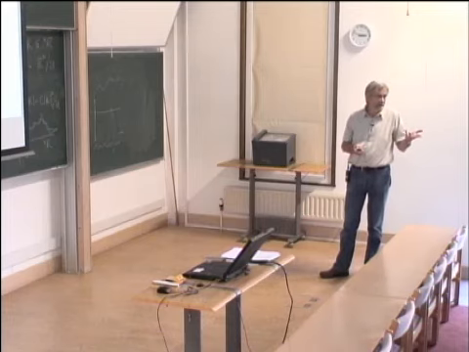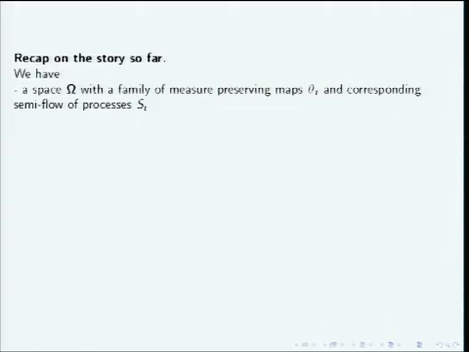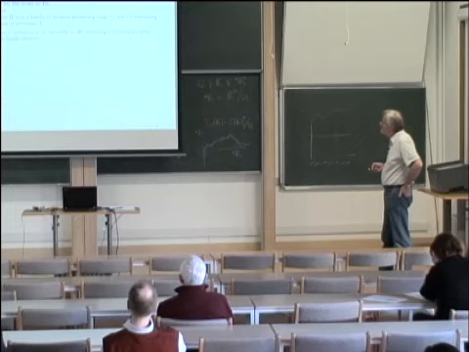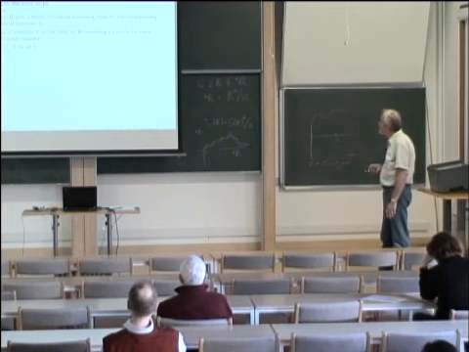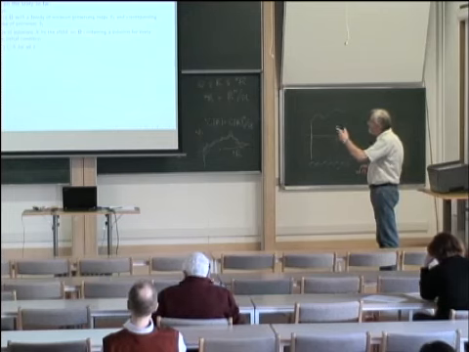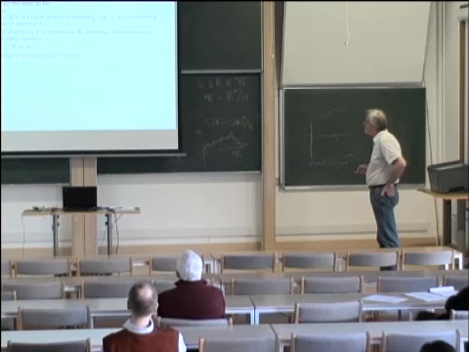If it's unique, it's even better. You don't have to pick one; you just take the unique one. So we've got a space, measure preserving maps, and a flow of processes. We've got a class of solutions that is non-empty. That's essentially what we've proved. It's almost routine to show that the class of solutions X is closed under the semigroup, and we've got the concept of attractor.